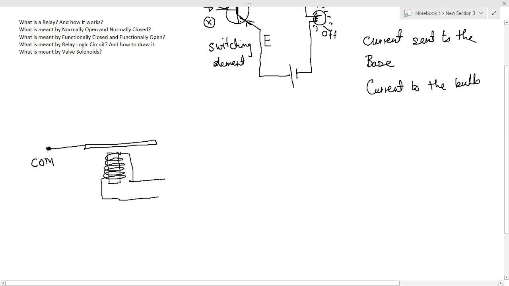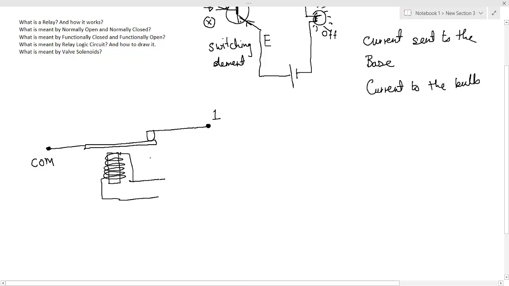There is an electric point over here where you can connect other things. This is known as the common terminal, and it is connected to this plate. Now this plate is initially connected to something else. Over here there is this terminal. For now let us call this terminal 1. I will tell you the official name of this terminal afterwards.